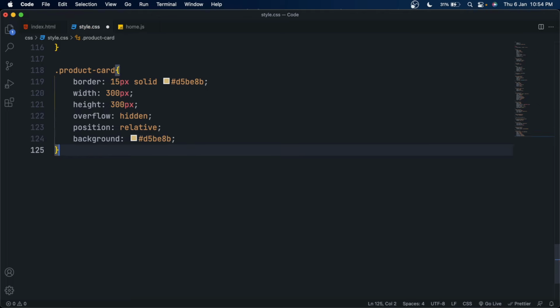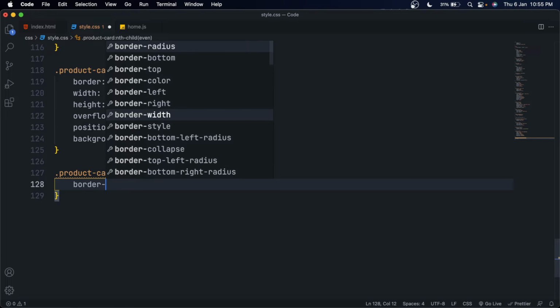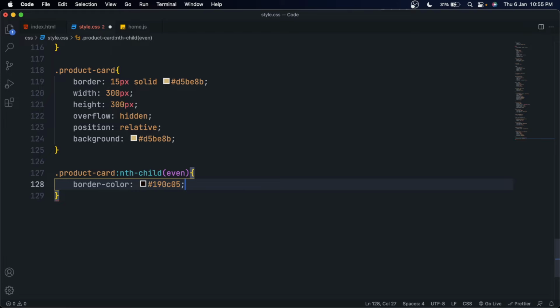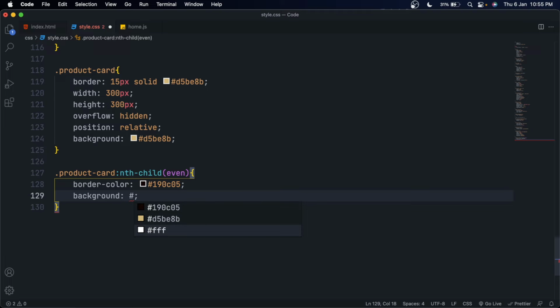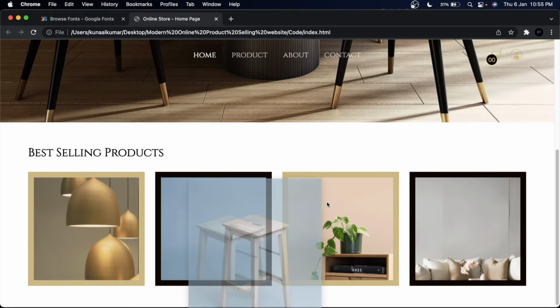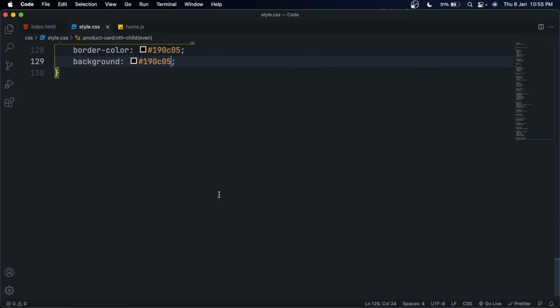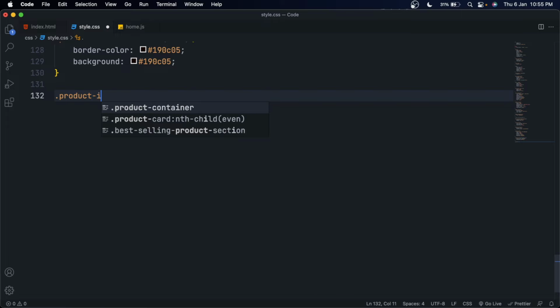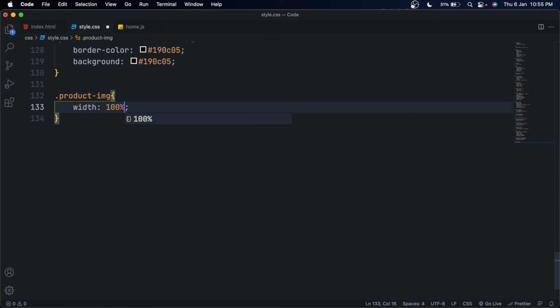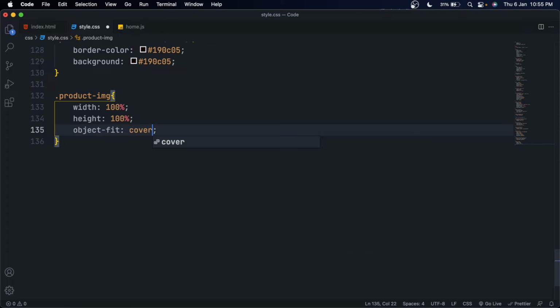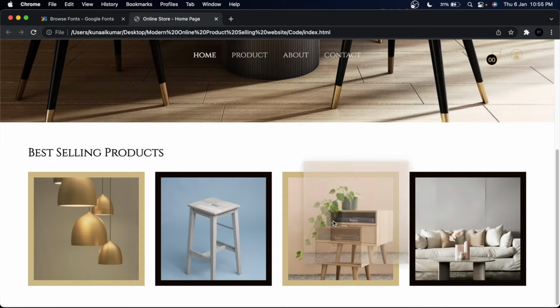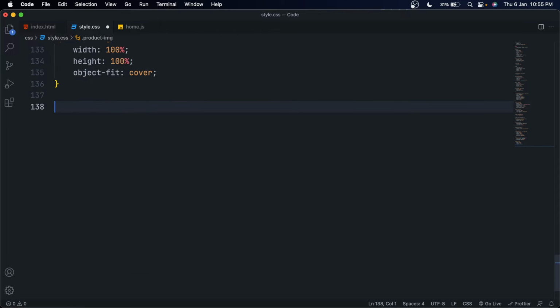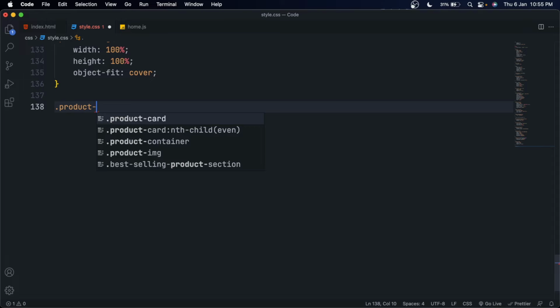Set its background to, let's say, this color, but use nth child selector to select the even elements and set their border color and background to this color, which is our dark brown color. So you can see our even number of children are getting the dark brown color. Now select the product image and set its width and height to 100% and use object fit property to make the image in the proportion. Now the images are covering the full card, and at last select the product name,